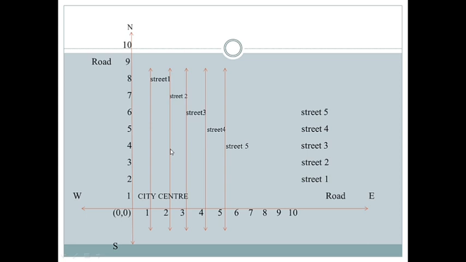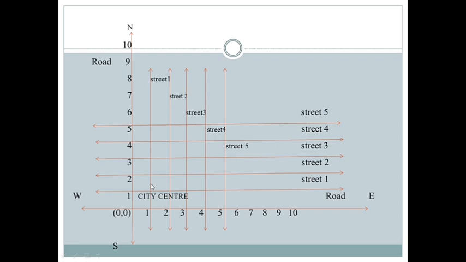As it is given in the question, we have to mention these streets in our model by a single line. So these are the streets which are parallel to north south. Now again 5 streets are there which are parallel to east west. So these are the 5 streets, that is street 1, street 2, street 3, street 4 and street 5, which are parallel to east west. So this is how our model is ready. Now after that, what is given in the question?